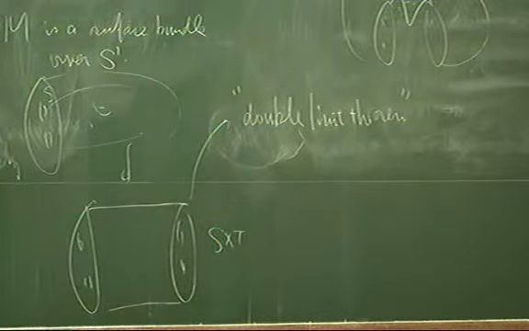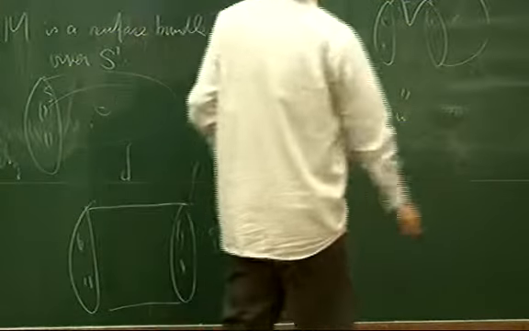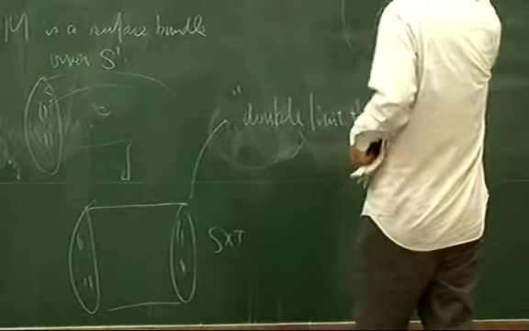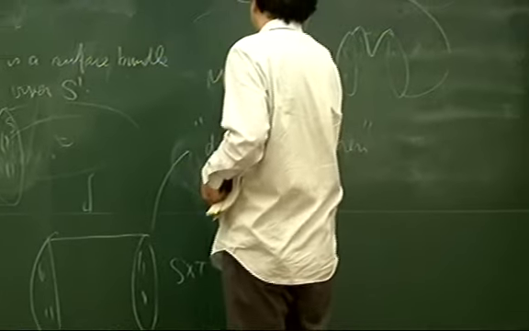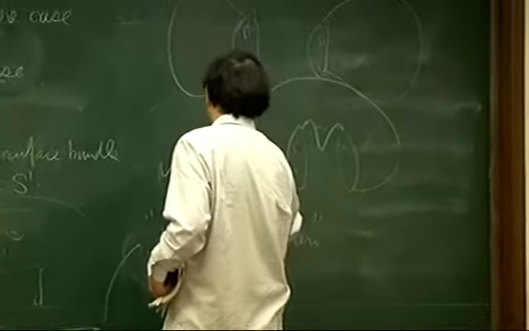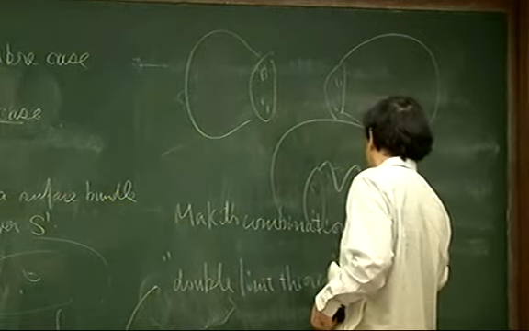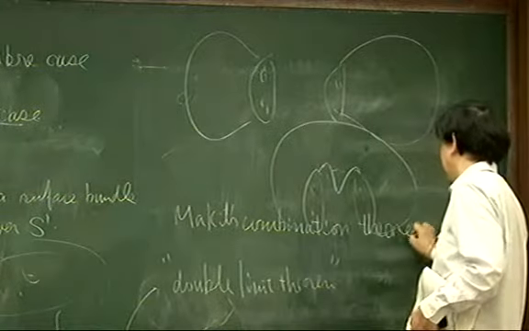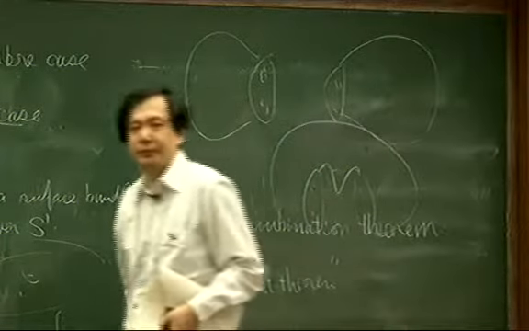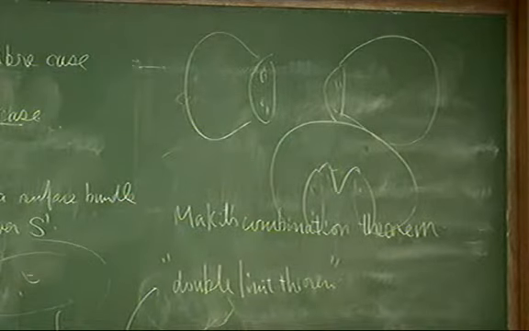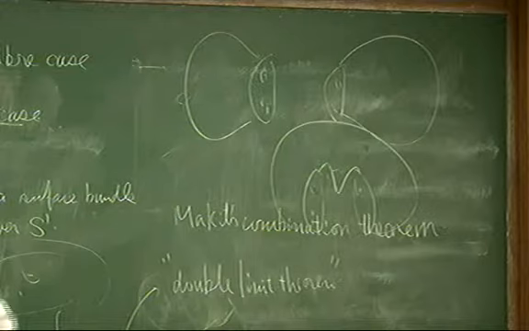And the other case, the generic case, is we need to use what is called the Maskit combination theorem for this generic case. Okay. So, well, by the way,